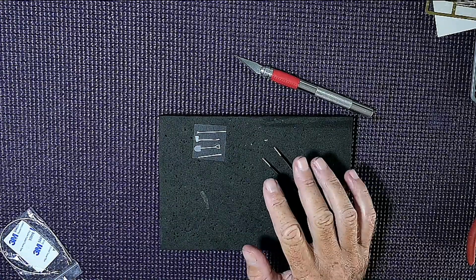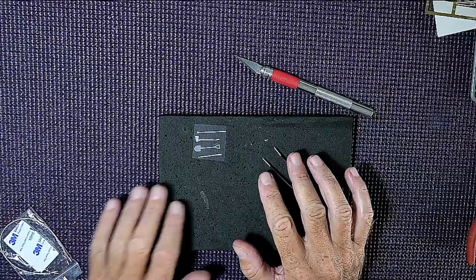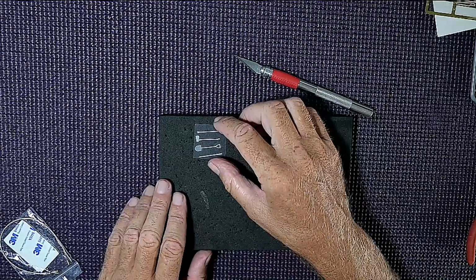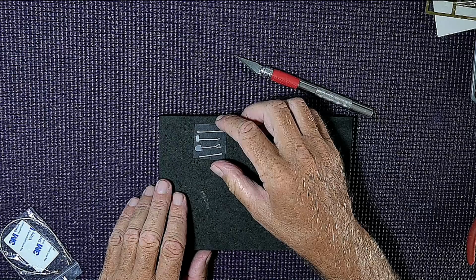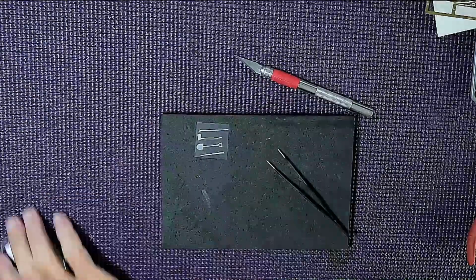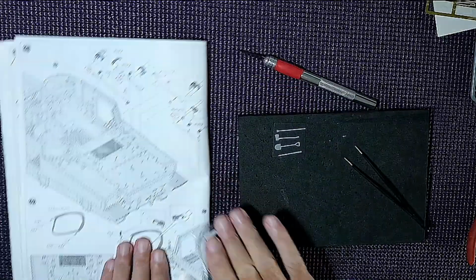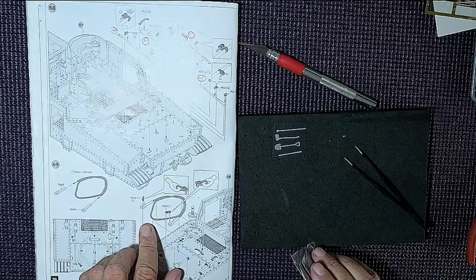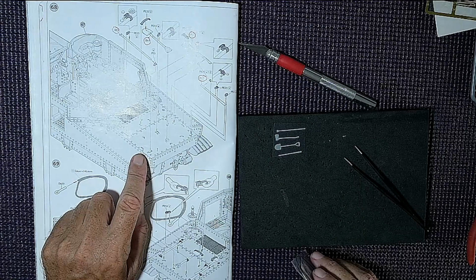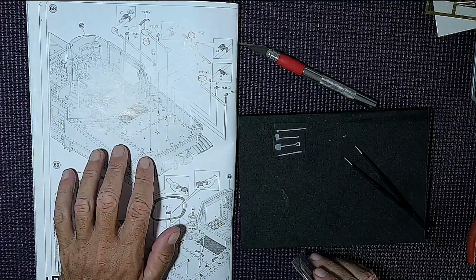And what I'm doing now is I'm trying to figure out the best way to put these together. Should I paint them now and then put them on after? These all are attached. See, I'll bring this across. These are all going to be attached by photo etch onto that back panel. Now obviously that's going to be done in olive drab,